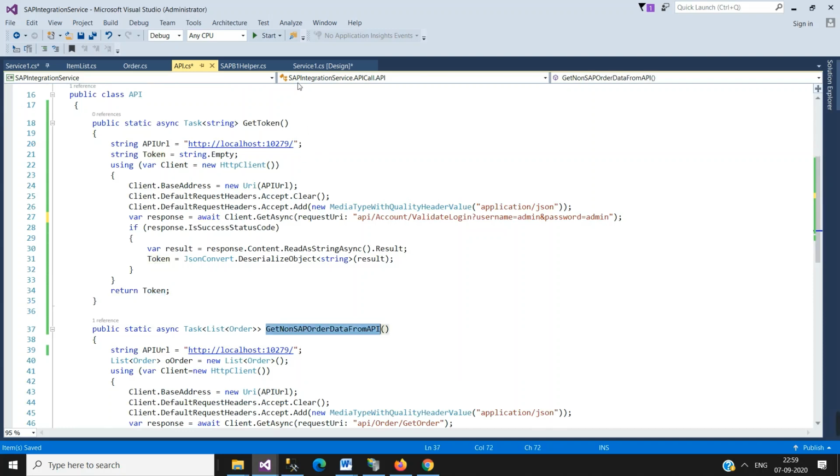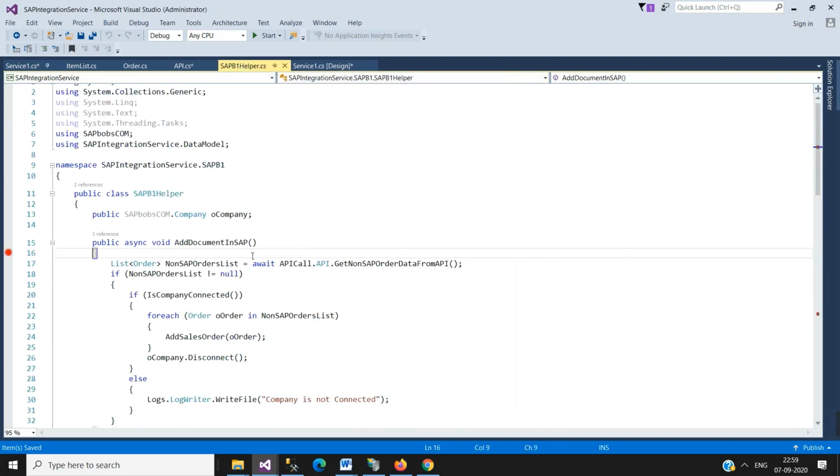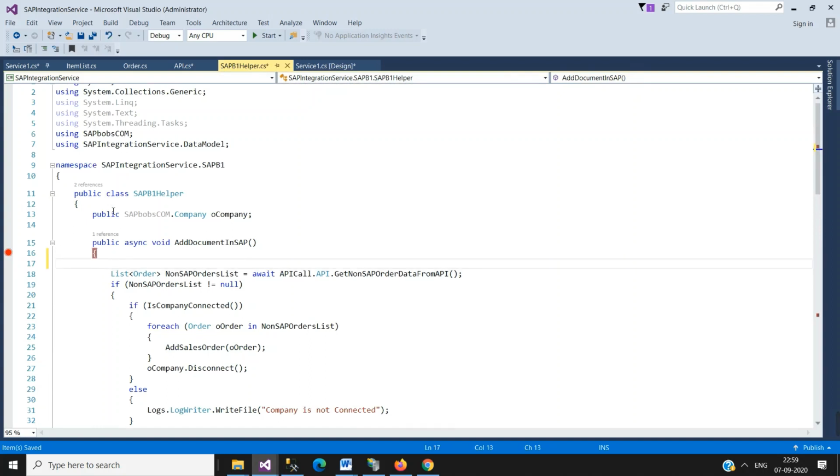We are calling this API inside the SAP B1 helper. Before this, let me call the token API.